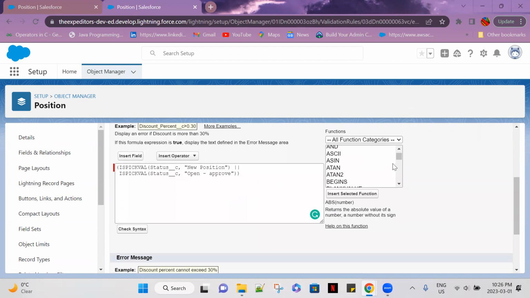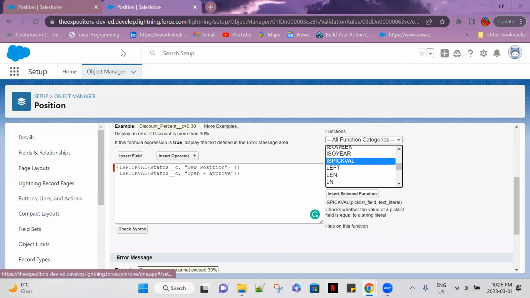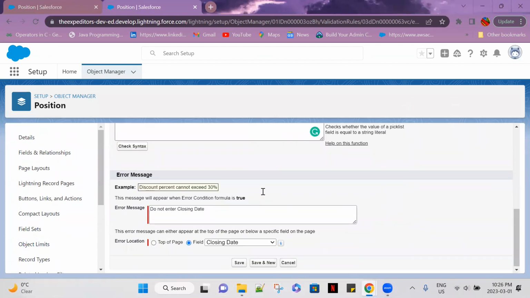Is pick value, or what is it? It checks whether the value of the pick list field is equal to a string literal. So it checks whether it's new position. If it is,